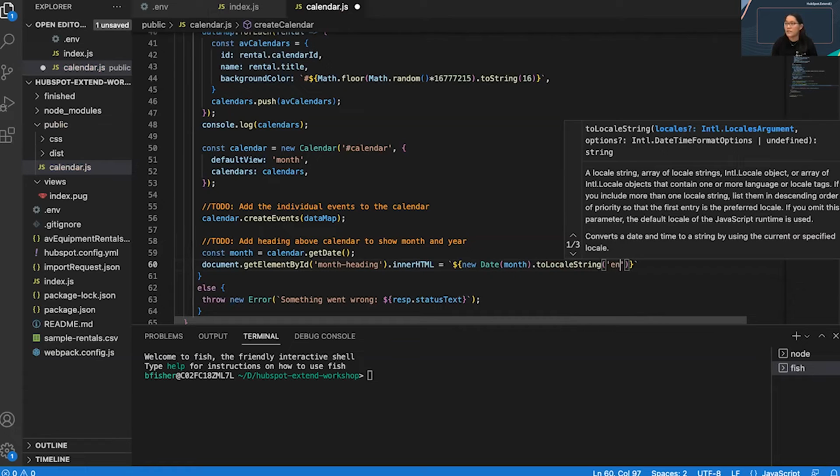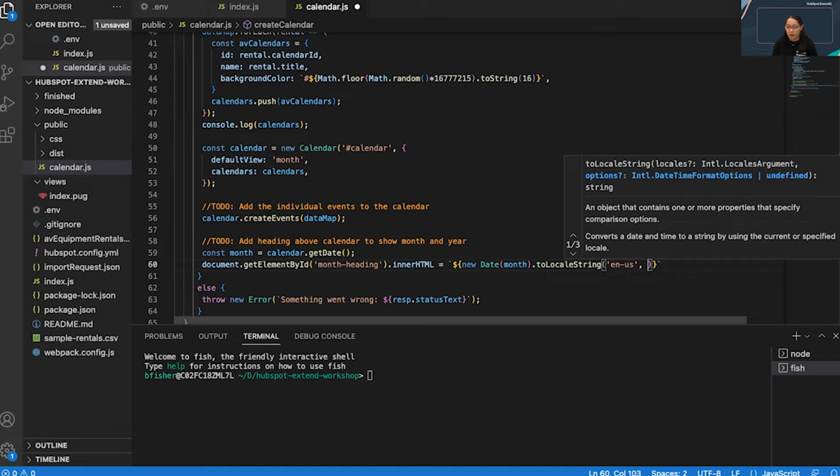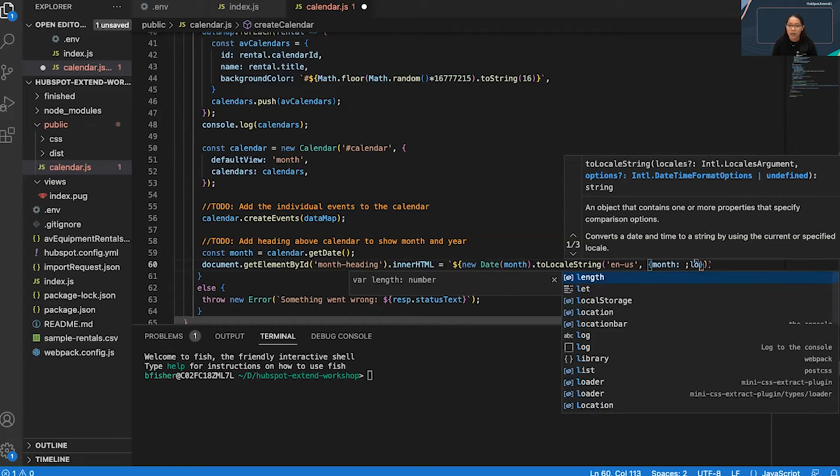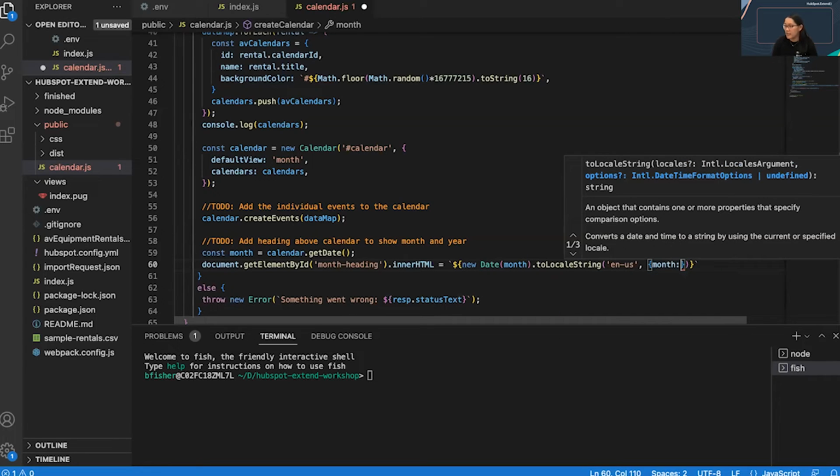So we're going to use en-US. But if you're based somewhere else in the world, you can change this to be your locale. No problem there. And then we have to say how we want it to look, and so we send that along in an object. So we want our month to be set to long. And again, this means that our month is going to be showing up as October instead of OCT, so